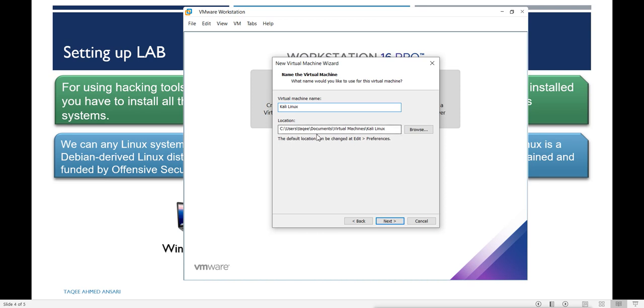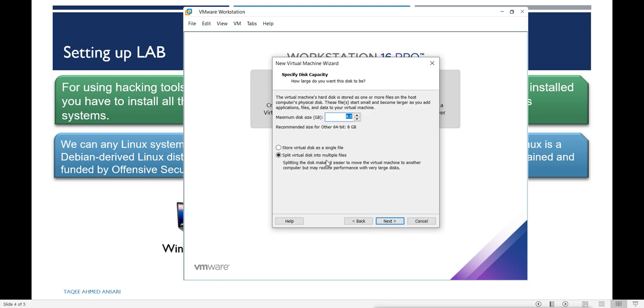If you like, then you can move from the C drive to any other drive. You can browse and you can change the installation path. Then next, now because I have selected other 64-bit, it is giving me only 8 GB space. This is the recommended size for any other, but what I will do, I will use at least 60 GB here, because I am going to install this Linux, Kali Linux, in this virtual machine. So I will store it into a single drive, and next,